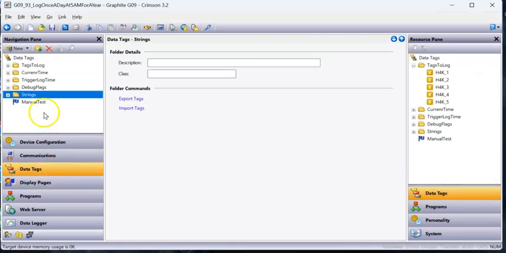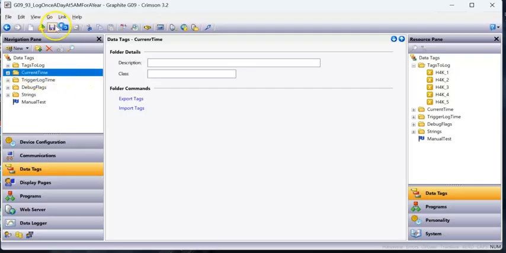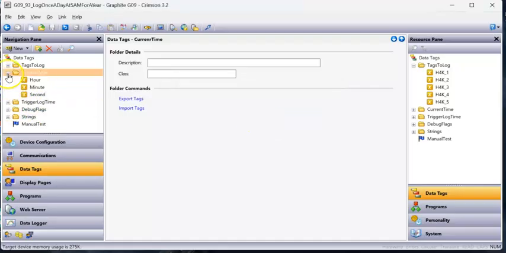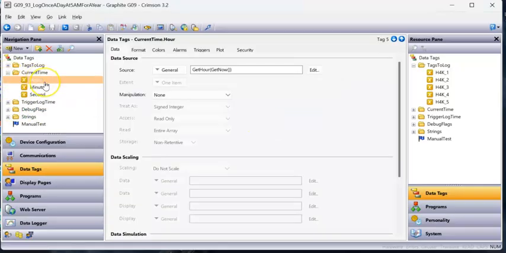Over here in data tags, I have apparently spelled this folder wrong. Let me fix this real quick here. There we go. All right. So I have a folder here of current time. Let me download that fix there real quick. All right. So in here, look, I have 3 integer tags, one called hour, one called minute, and one called